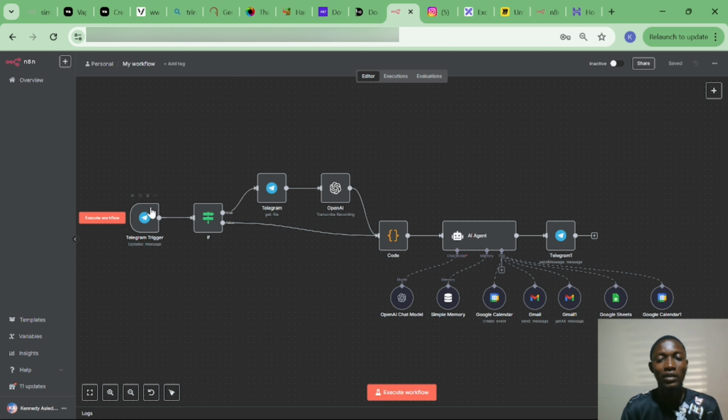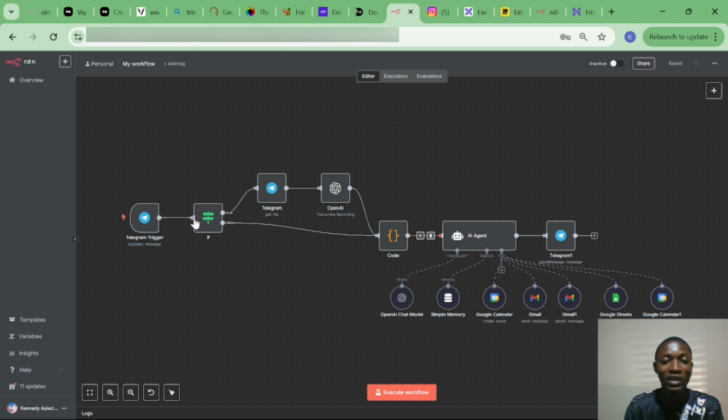This is a practical example of how the N8N system actually works. Here, this is the trigger. Telegram is the trigger. It means that once Telegram receives a message in the bot, so I created a bot on Telegram, whenever a message comes in, the whole system is activated for you to get the results that you want, right? So the trigger is Telegram in this instance. And once a message is sent,